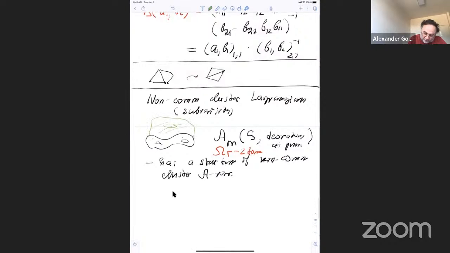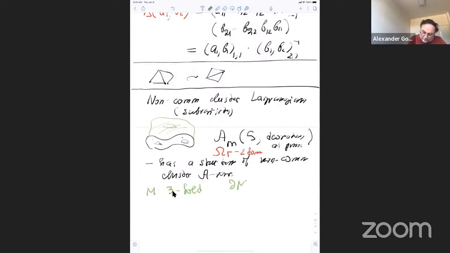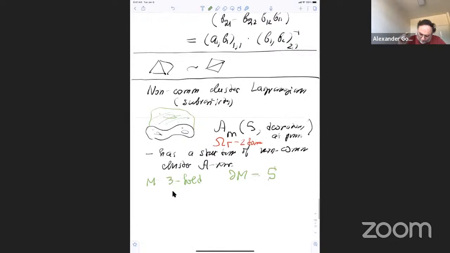So in a situation when we have M is a threefold, and the boundary of M is actually our original surface S, and it's with punctures, so you have to talk about this. So you put these little one-dimensional puncture lines everywhere. So, okay, then the moral of the statement is the following, that if you consider the